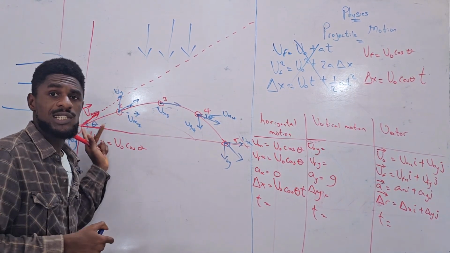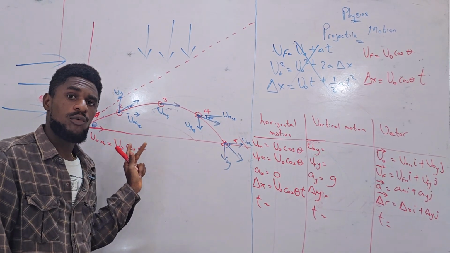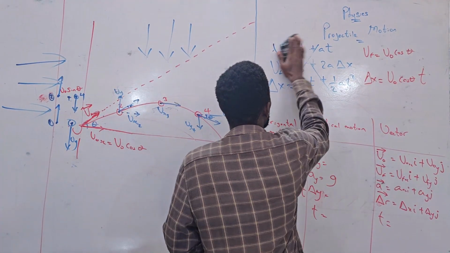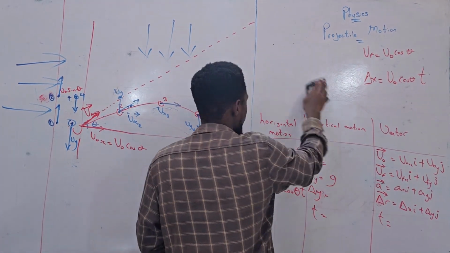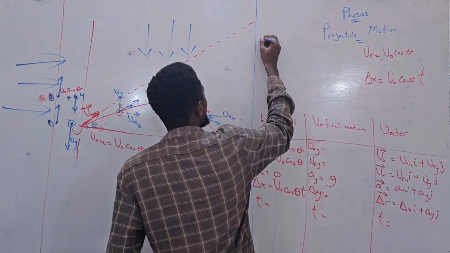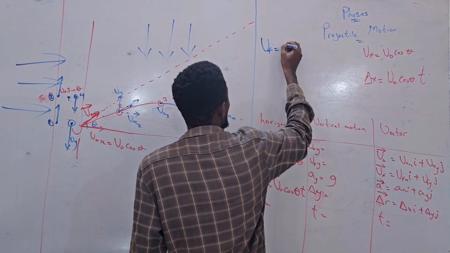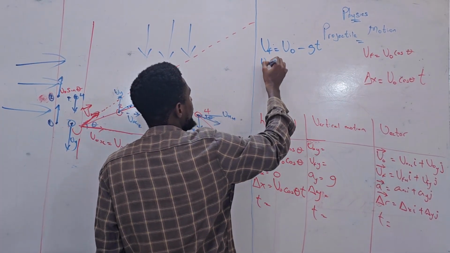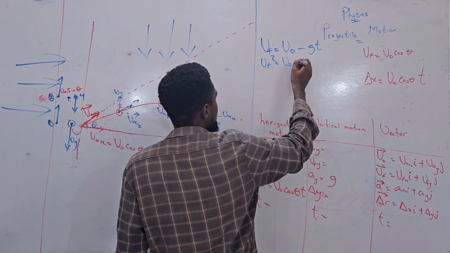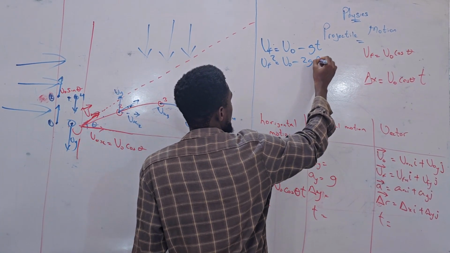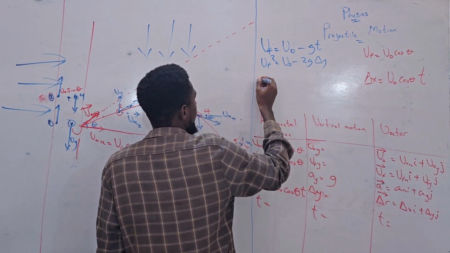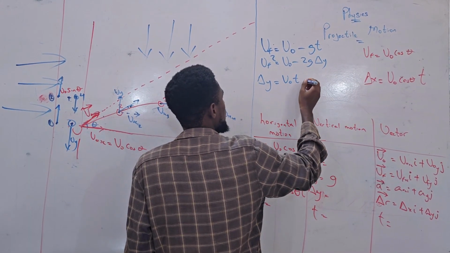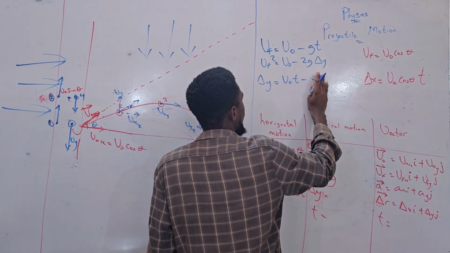Now, this reminds us of free fall. And what are the equations we said we use when it comes to free fall? So V final must be equal to V initial minus GT. V final squared must be equal to V initial squared minus 2G delta Y. And then delta Y must be equal to V naught T minus half